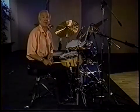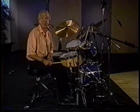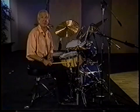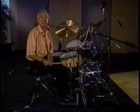The jazz cymbal beat is based on the triplet feel. Triplets are counted like this: 1 to 2 to 3 to 4 to 1. Interpretation of the jazz cymbal beat depends on tempo. For medium to fast tempos, you can play the cymbal rhythm based on the eighth note triplet feel like this: